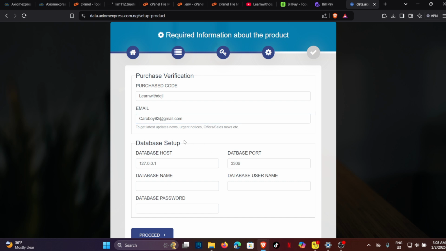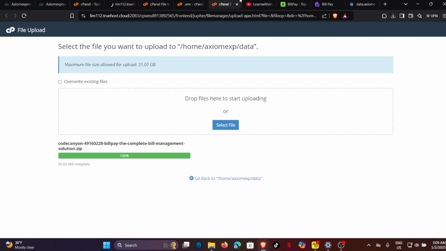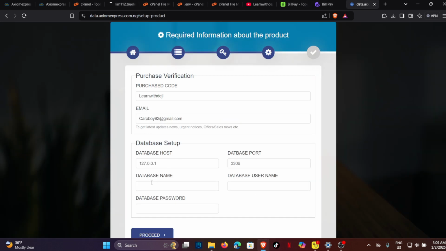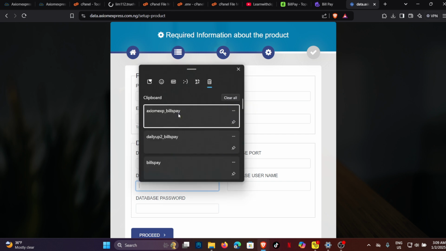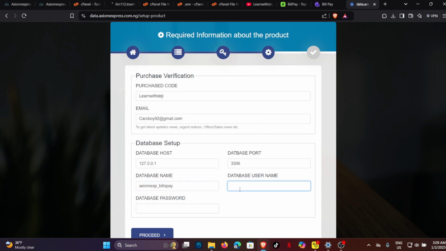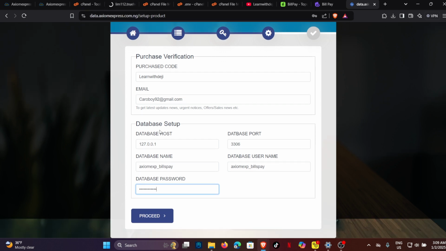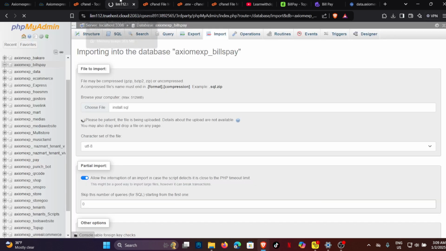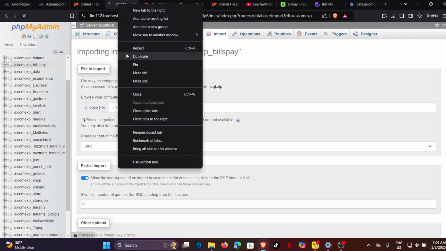So now, remember when I said it was very important for you to save your database name. So now this is the database name I created. Database user, database name, these two. As for the password, type in the password. This is why I say you shouldn't forget. So now, for us to proceed, we want to make sure that our SQL has been successfully imported over here. So I'm going to click on this, duplicate the tab,